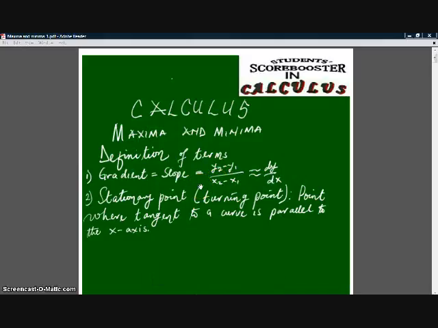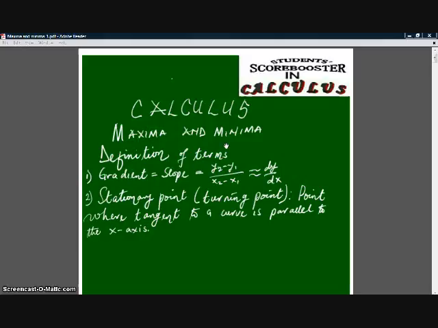Our topic today is still on calculus, and by the grace of God, today is going to be the last lecture on differentiation. So today's lecture is Maxima and Minima. This is also one of the applications of differentiation under calculus. So without wasting much time, I'm going to go straight to